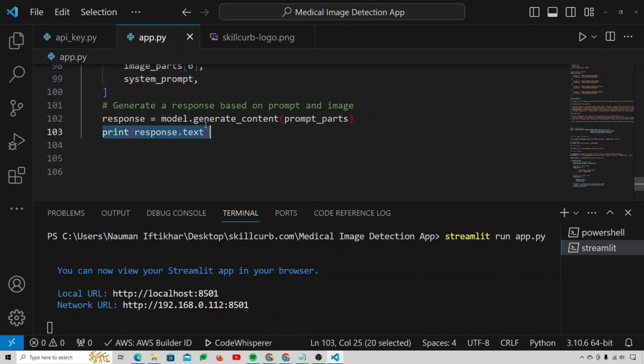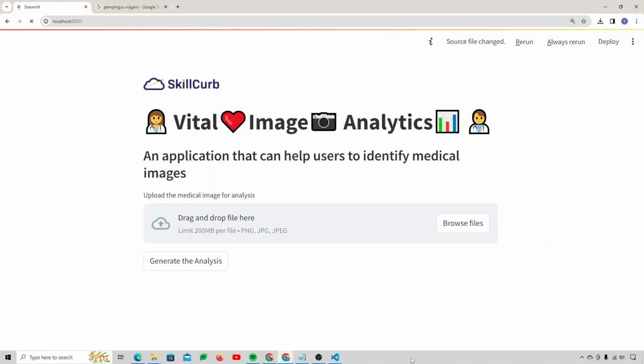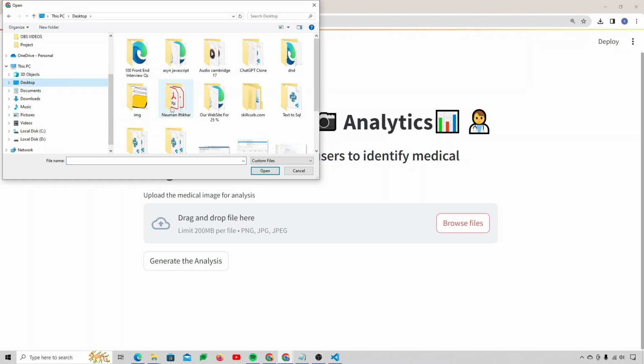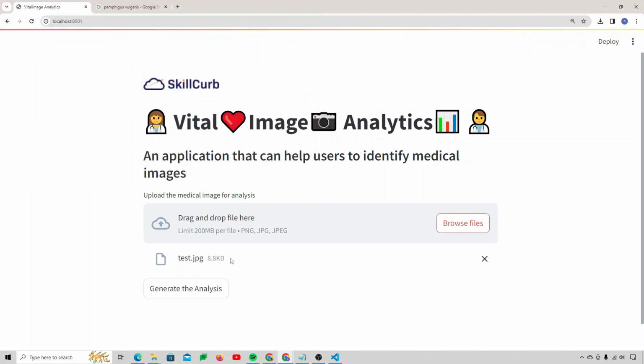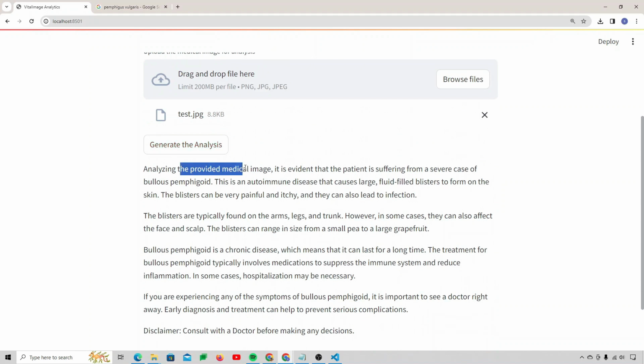Okay, one last thing, instead of print, let's just write it on the screen. On the UI, I would say, yeah, st.write, and that would be response.text. Now let me just refresh my UI. Now if I just click on browse files and take this image, which is my test image, I've uploaded this image. I'll click on generate the analysis. Now it's actually going to be visible on the screen. The analysis. All right, so it's saying analyzing the provided medical image, it is evident that the patient